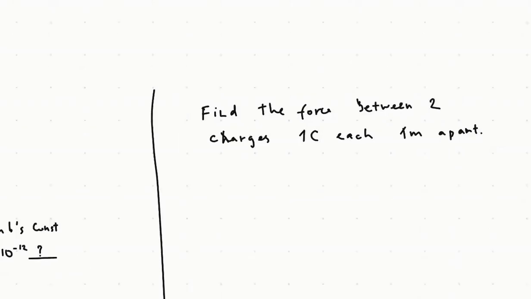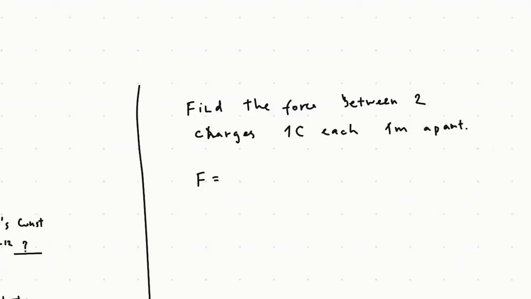And the force is going to be 1 over 4 pi epsilon naught multiplied by Q1, which is 1, multiplied by 1, divided by 1 squared. So we simply need to find 1 over 4 pi epsilon naught. So 1 over 4 pi epsilon naught. I have a calculator which has epsilon naught stored in it, which is very convenient. And you get something like